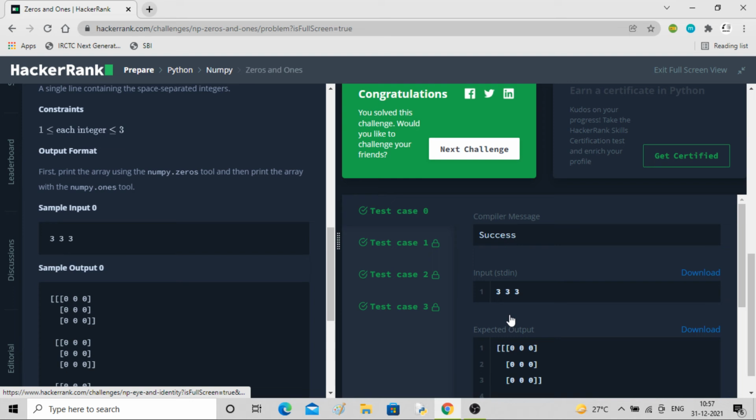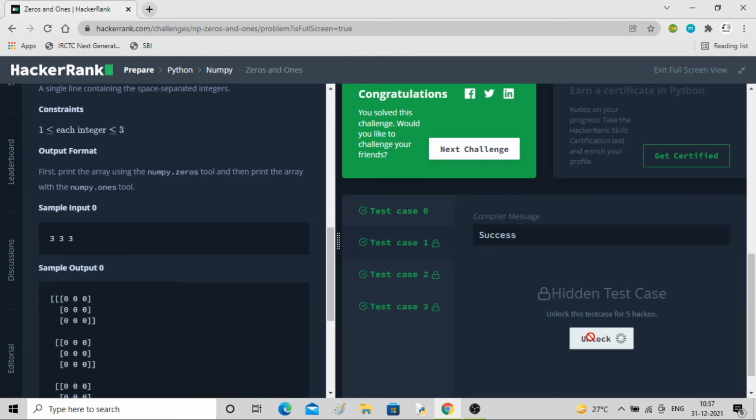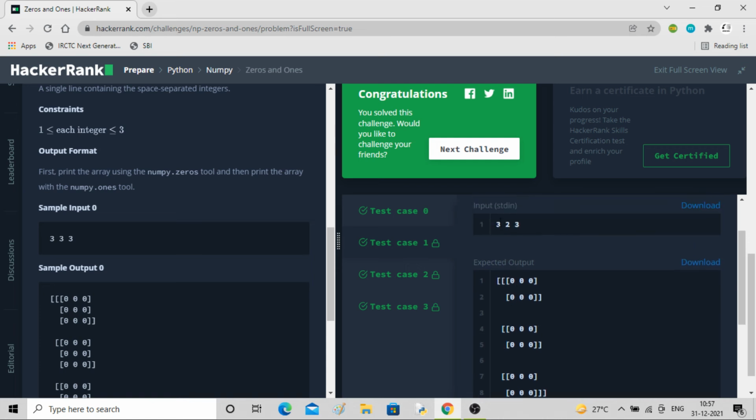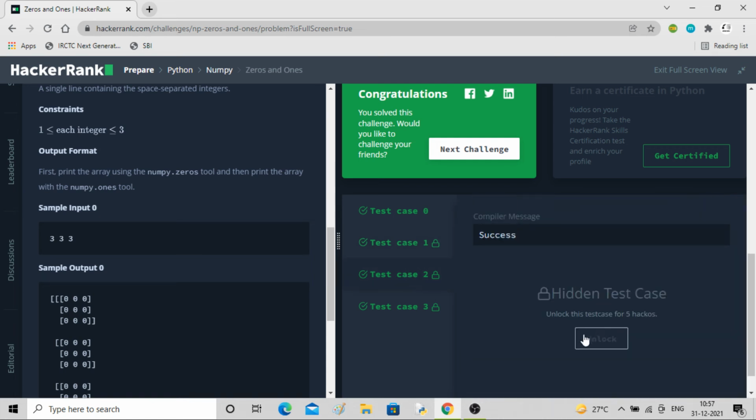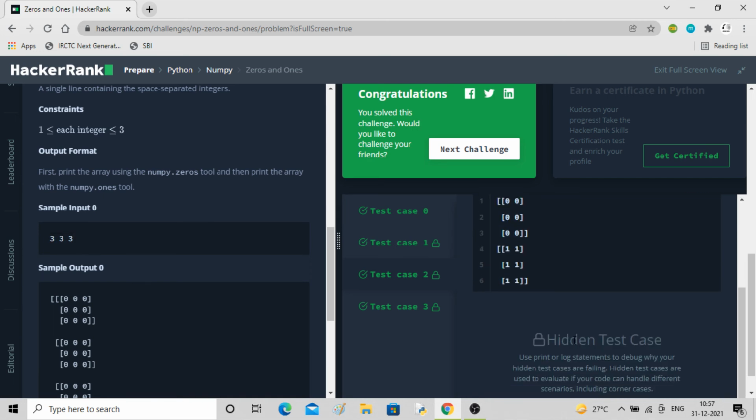So yeah, we are done. Let's see other test cases as well. 3x2x3, see here they only asked 3x2 type. So that way it will work.